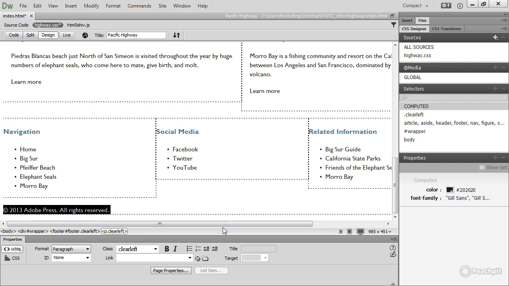So to summarize, when you set the float property on an element, the browser removes it from the normal flow of the document and moves it to one side or the other to make room for whatever follows. As long as there's sufficient room alongside the floated element, subsequent elements move up into the vacated space. Floated elements must always have a declared width, and if you want to prevent an element from moving up alongside a floated element, like this paragraph down here, then you need to set the clear property to force it down